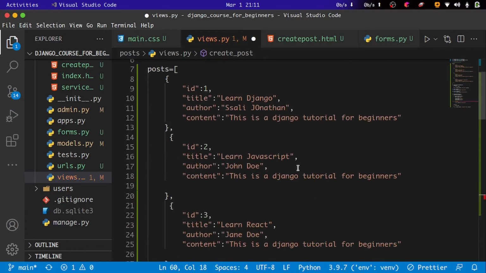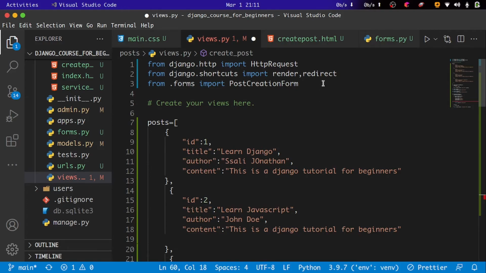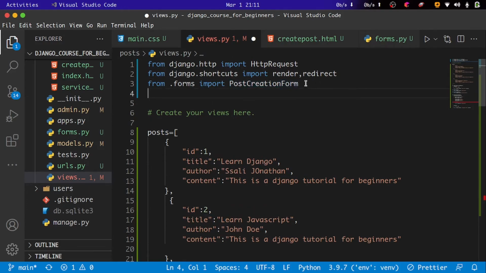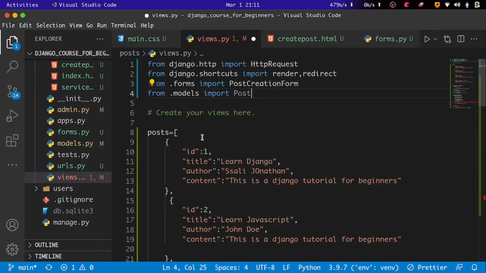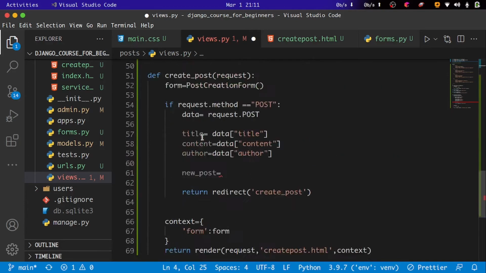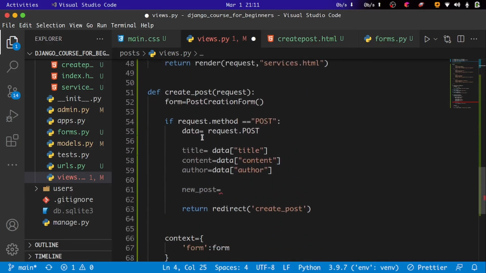So I'll just come at the top right here and import our model. I'll just come and say from .models, or from our models module within the same directory, I am going to go ahead and import our Post model. Now after importing our Post model, the next thing is actually going to be using our Post class to create